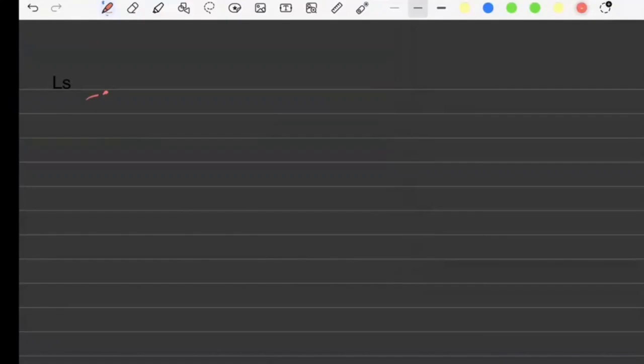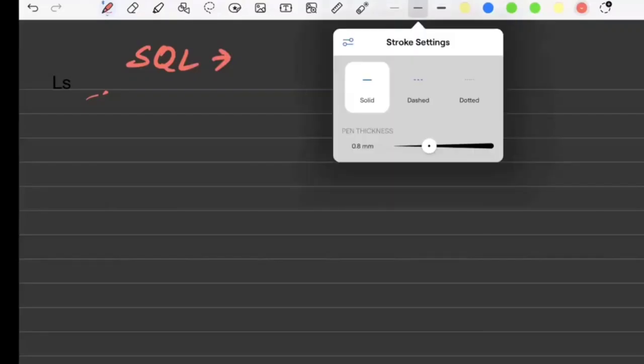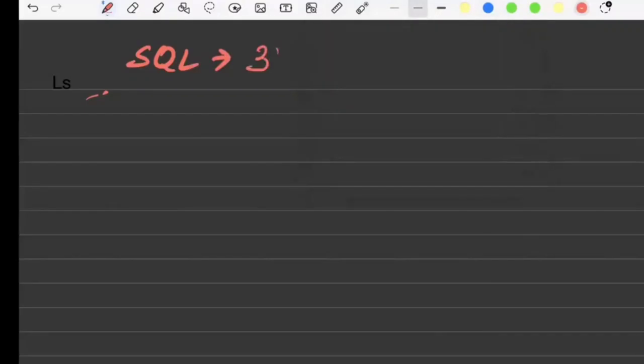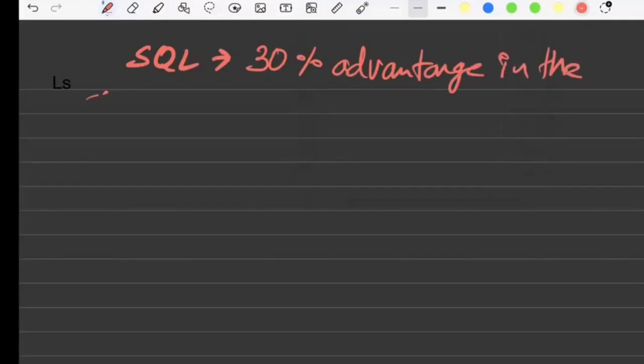First thing about the SQL, right? It will have approximately 30% advantage in the interviews. So this thing I want to clear to each and everyone, that doesn't matter, or if you